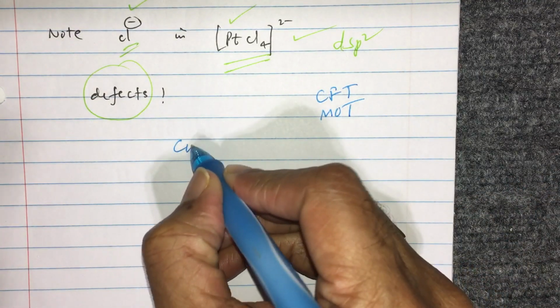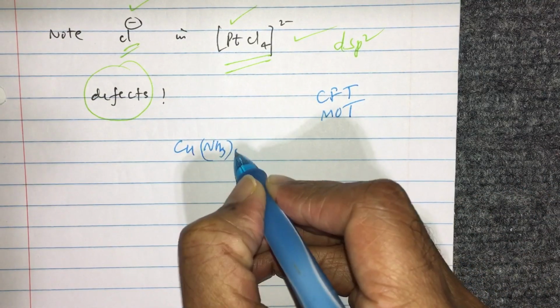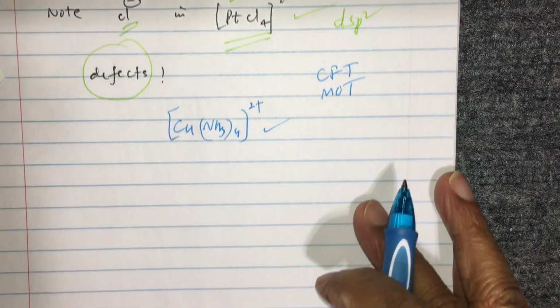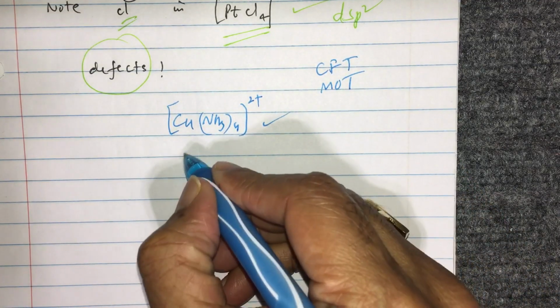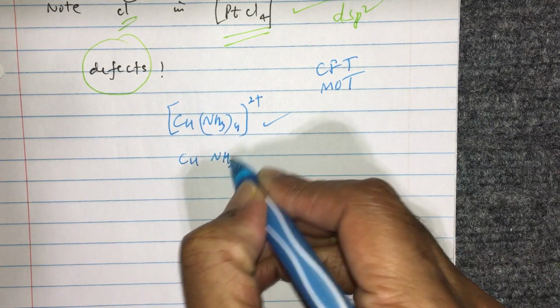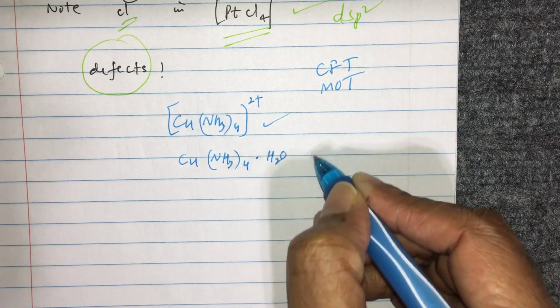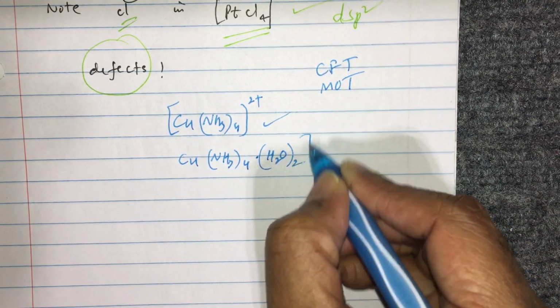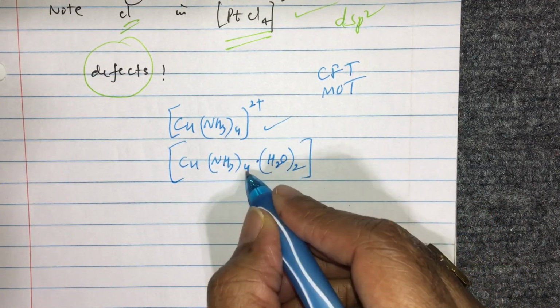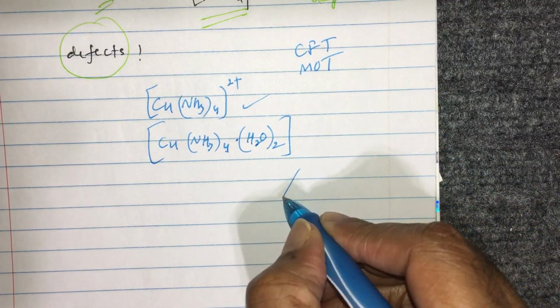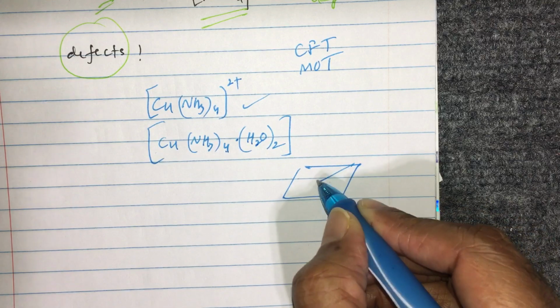Also notice the Cu(NH3)4 tetraamine copper complex, the hybridized state is often a matter of controversy. Latest research has shown that actually this tetraamine copper complex does not have coordination number 4. In fact, it exists as a diaqua tetraamine copper complex. Here, the hybridized state is found to be, as per latest research,